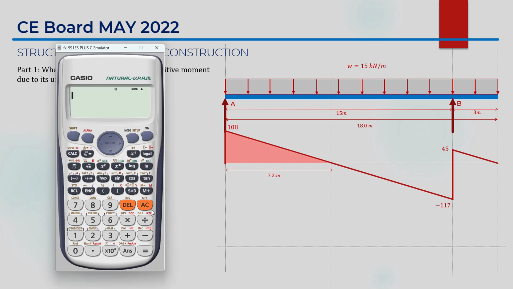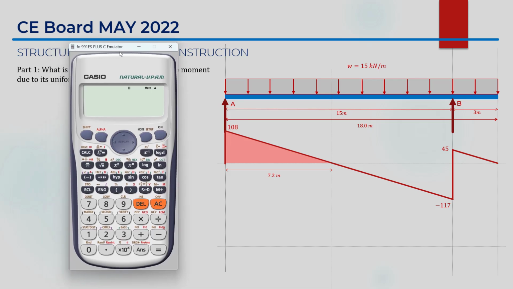Okay. Kasi ibig sabihin yan, this is x. This is the value of x, that is 15 area. Area nito. So, kaya ganun ang nangyari. So, 108 divided by 15 na lang. That is 7.2. And,